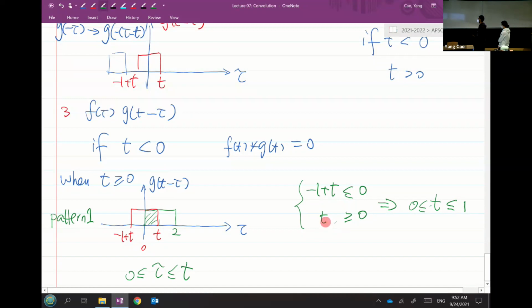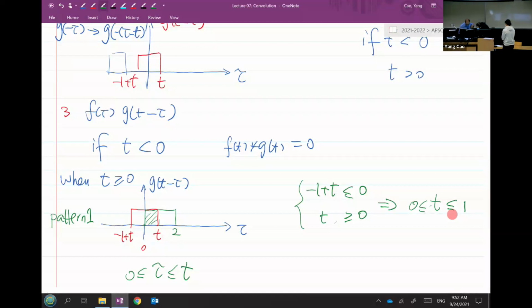Yeah, but when t equals 2, then there will be overlapping with the f of tau and g of t minus tau. Come over here. Come in. And then what? So then we said like t, let's say equals 2. So we said that like